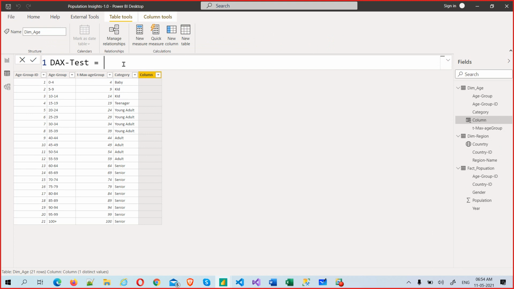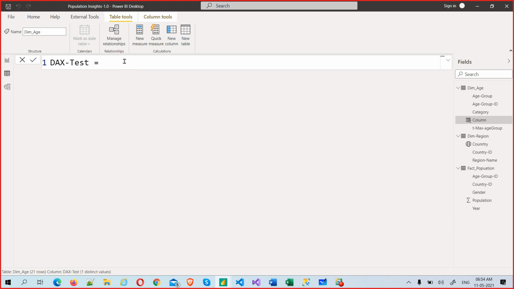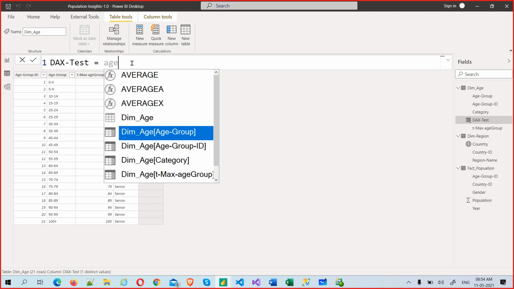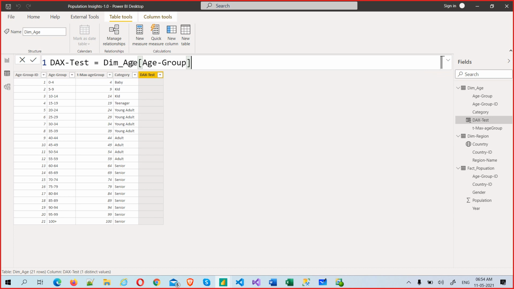I can do it two ways or three ways, multiple ways. But I'm taking this age group column and then this. Now let's type age group. I just type age, and it came with the table name and age group.